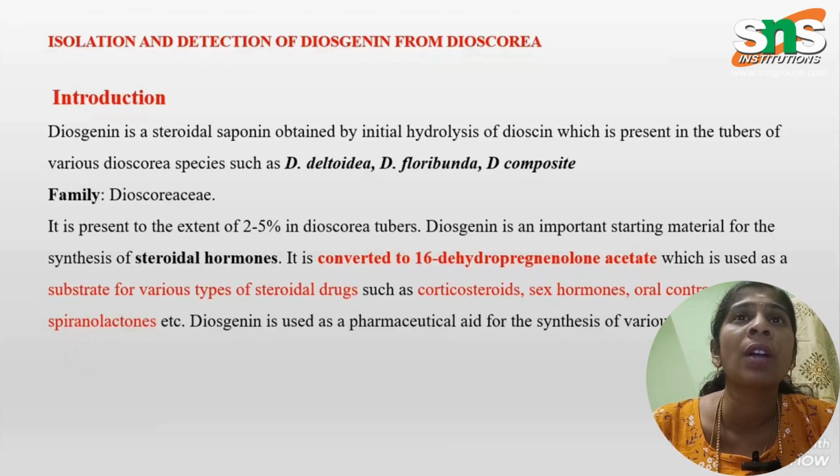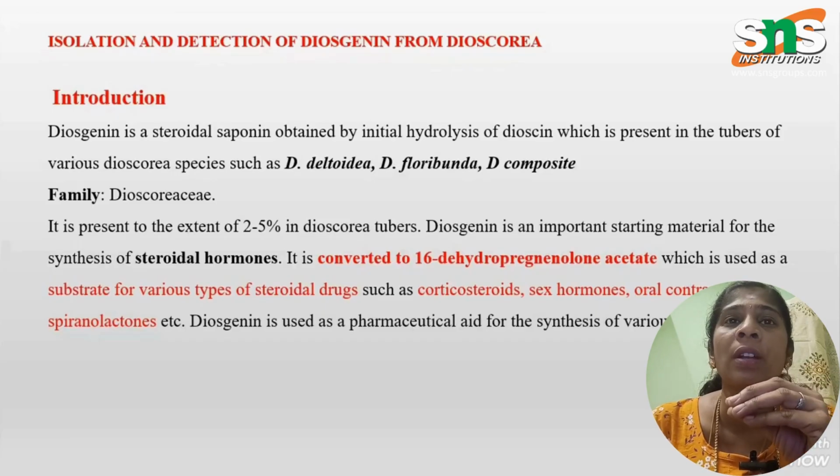Isolation and detection of Diosgenin from Dioscorea. Diosgenin is a steroidal saponin obtained by hydrolysis, which is present in the tubers of various Dioscorea species such as D. deltoidea, D. floribunda, and D. composita. It belongs to the family Dioscoreaceae, and it is present to the extent of 2 to 5% in Dioscorea tubers. Diosgenin is an important starting material for the synthesis of some of the steroidal hormones,